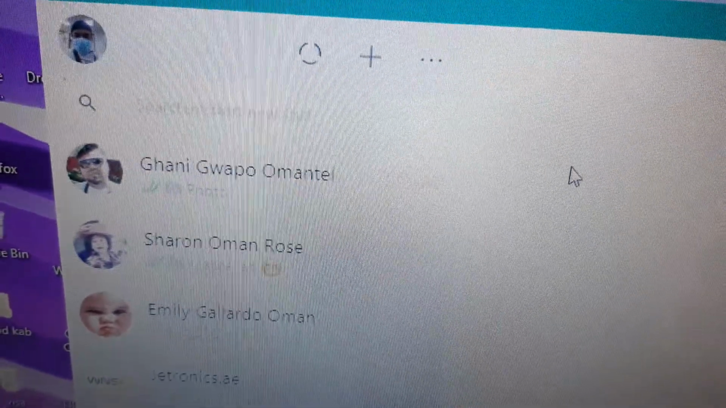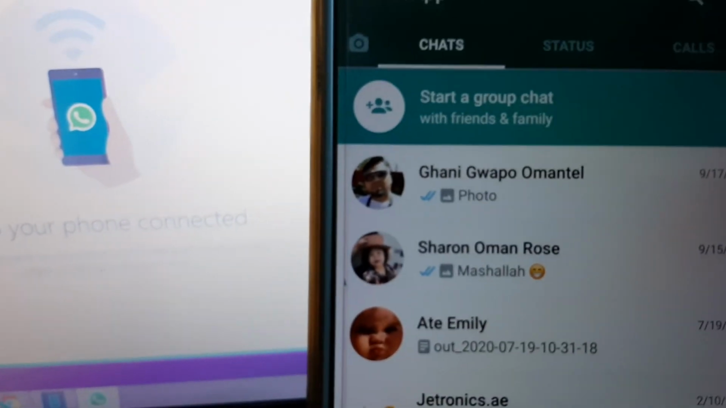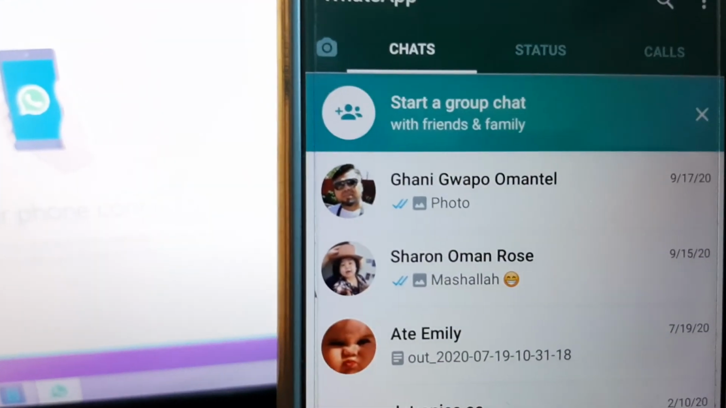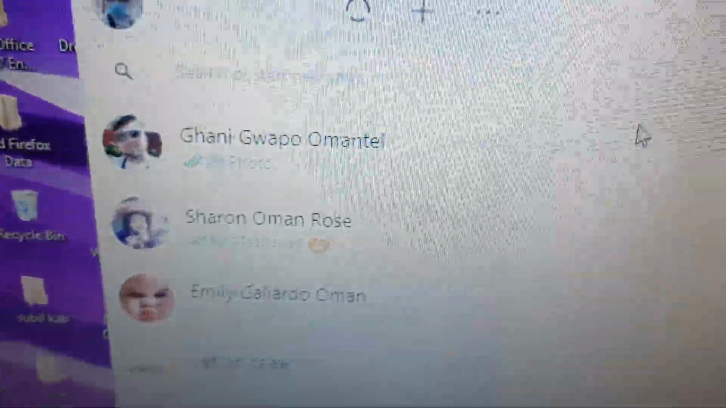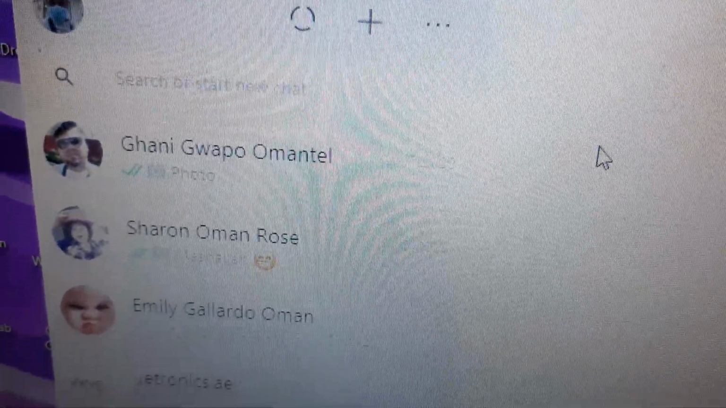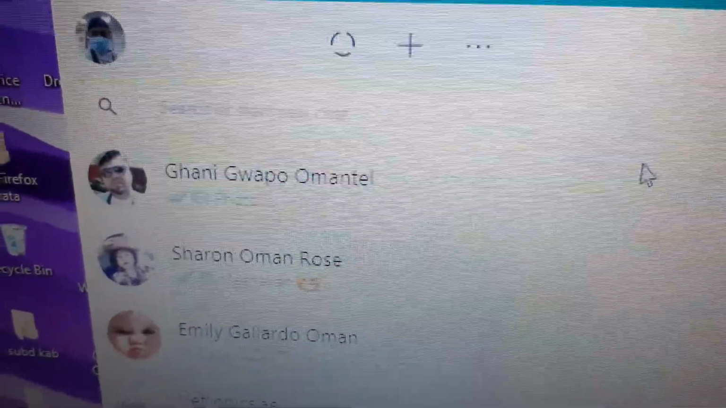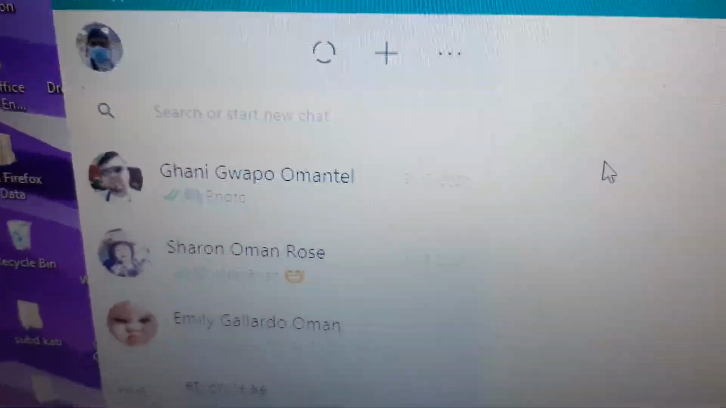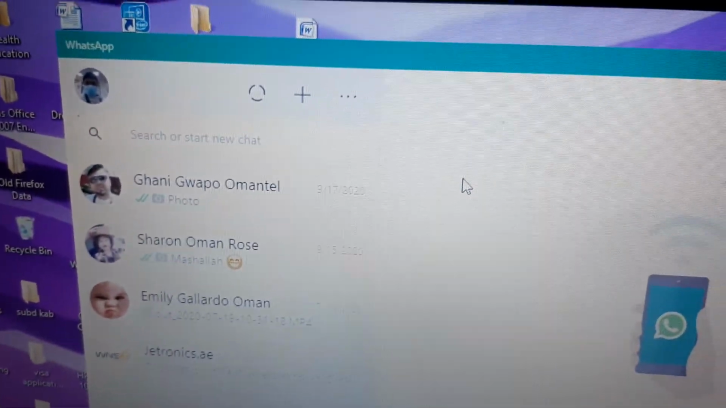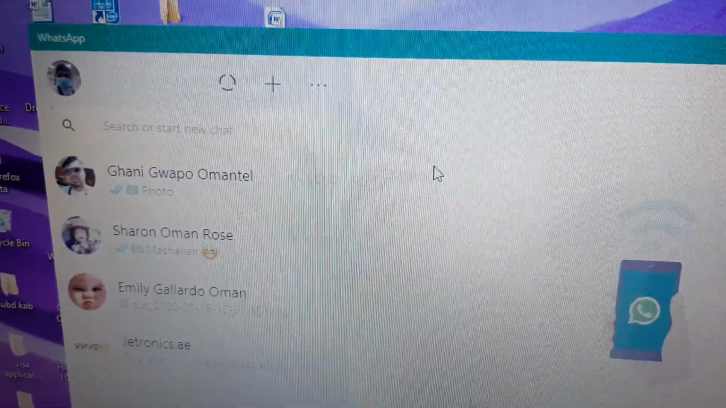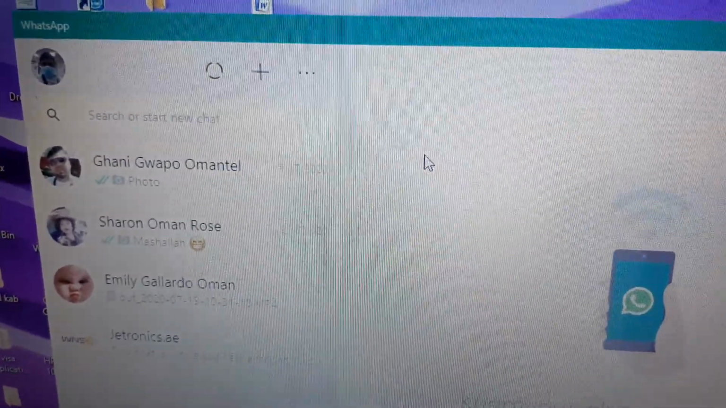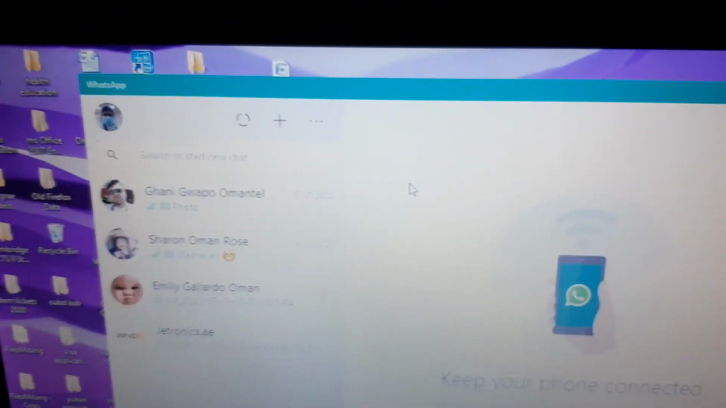Okay? See this one? So you can open the file from your mobile phone on the desktop of your computer. So that's how we connect the WhatsApp mobile to our computer. So this is very important because if you have large file